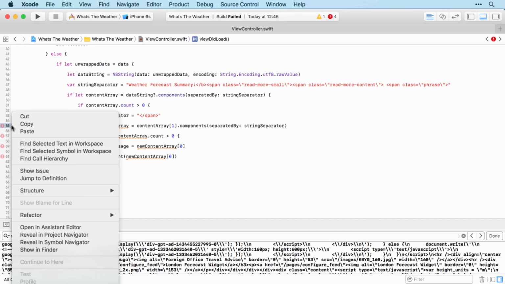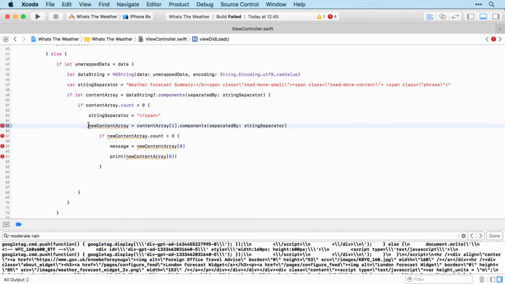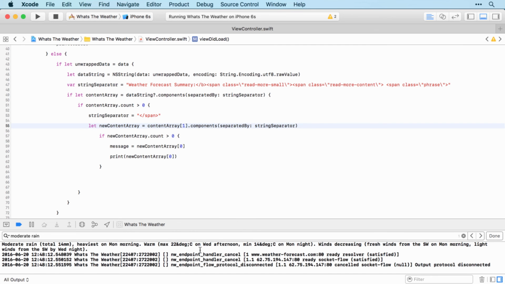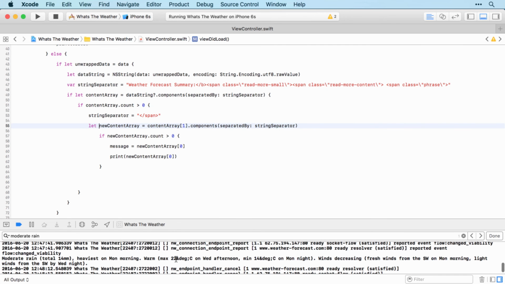There we go. And we'll just have a let there. And we'll delete the breakpoint. You don't want anything strange happening around that line. And there we go. You can see that the only thing that's been printed is the bit that we're interested in. Fantastic. One small issue we do have is that you can see instead of the degrees symbol, we're seeing